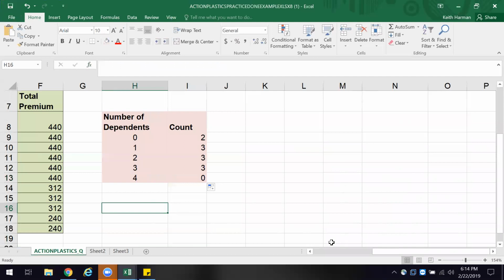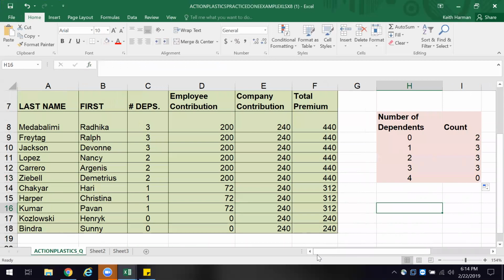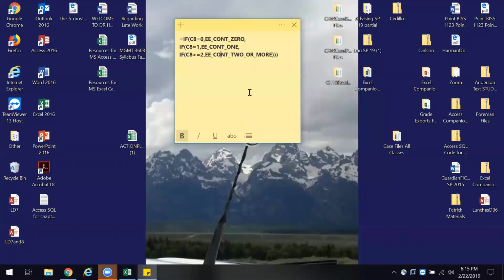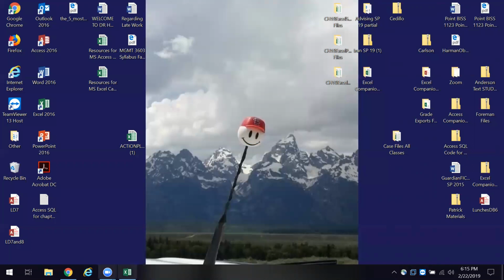And we could do that just using the cells and getting a total for them. Okay? Though that's Action Plastics. We added a little bit here, and I'm going to close it off, right? And there's that bit of conditional formatting we were working with. Close that off. And